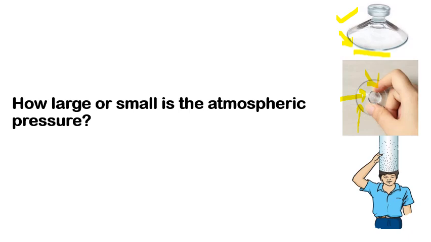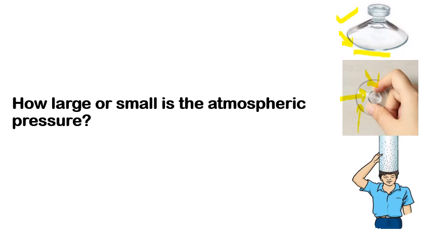This activity shows an idea about the magnitude of atmospheric pressure. In fact, it would not be possible for any human being to pull the sucker off the surface if there were no air at all between the sucker and the surface. A little bit of air is trapped in between the surface and the sucker. Because of that, we are able to pull it back. Otherwise, we could not pull it back.